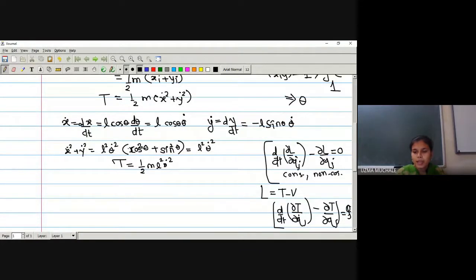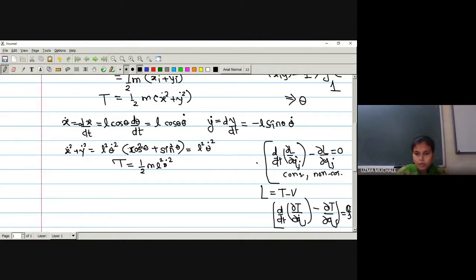Those who remember, at that time we found these equations, and we wrote one term here, minus ∂T/∂q̇j. Since ∂V/∂q̇j is 0, we can add or subtract a 0 from any term. So we wrote these equations, and we found the value of Qj as minus ∂V/∂qj, and hence we found this equation.